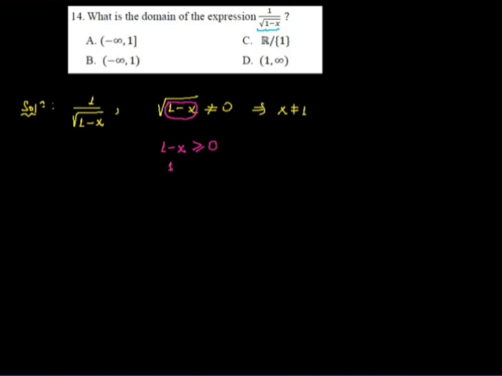ምን ሲሆን ነው if 1 is greater than or equals to x ሲሆን ነው, or በሌላ አባባል x is less than or equals to 1። አሁን or equals to አንጠቀምም, x 1 መሆን ስለማይችል። ይሄ ራዲካል ውስጥ ያለው ነገር ፖዚቲቭ ሆኖ እንዲቆይ we consider only x less than 1, okay. Therefore x less than 1 ማለት ከ1 የሚያንስ ማንኛውም ቁጥር ነው ማለት ነው። Therefore the domain of this expression is 1 up to negative infinity, therefore our answer will be b። መልሳችን b ይሆናል ማለት ነው።